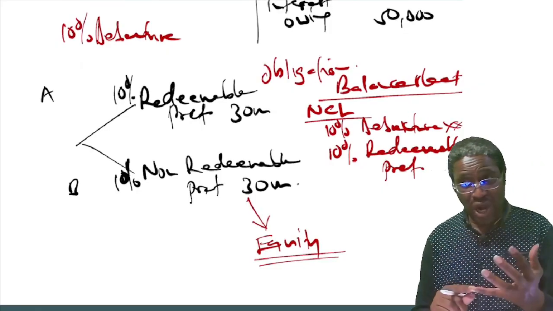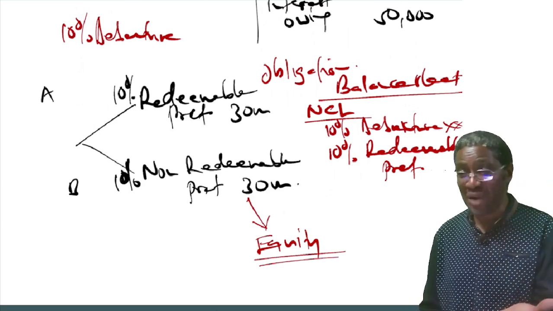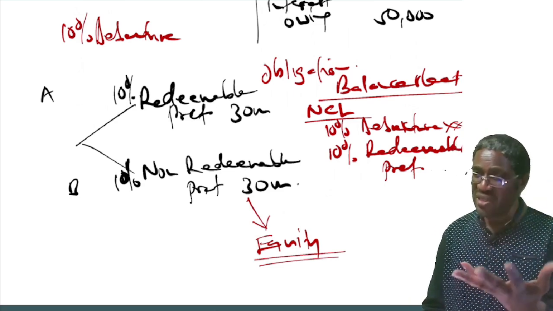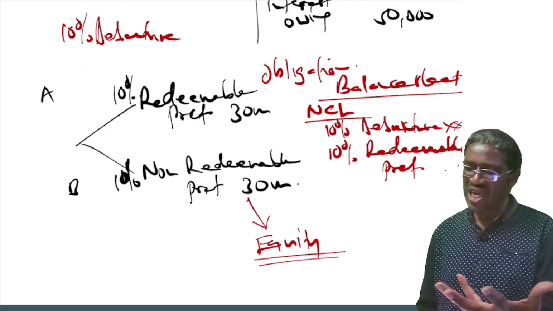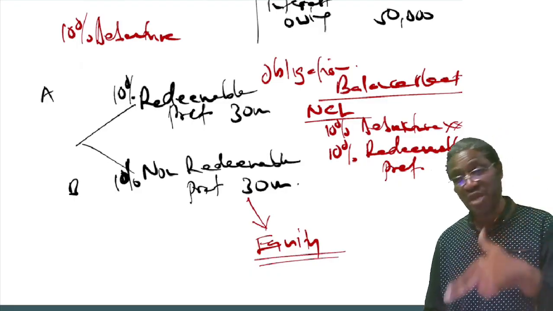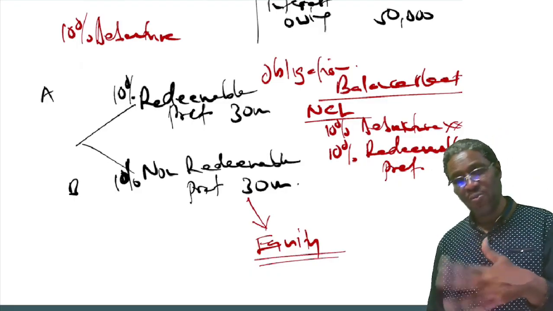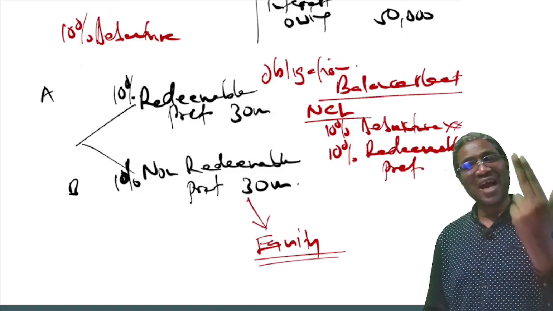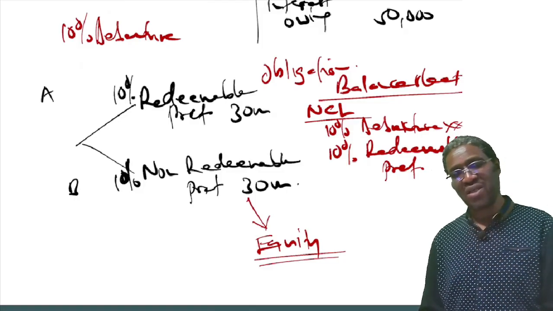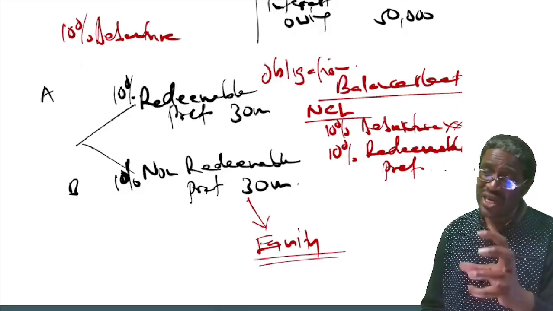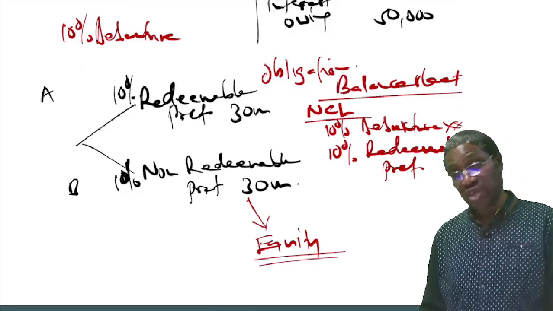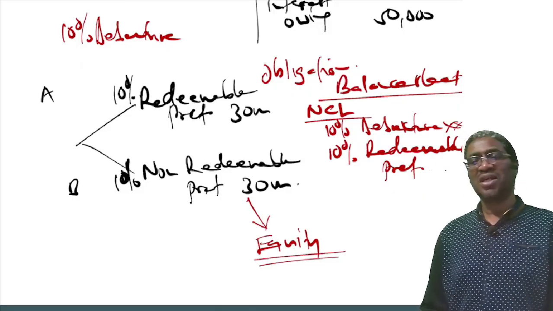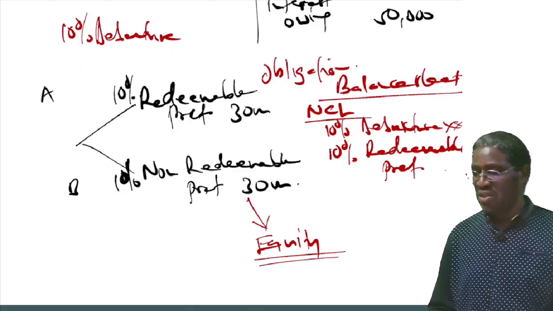The redeemable, I've said, is a long-term liability. Why is it a liability? Because you as company A, you have an obligation to pay back that 30 million. For company B, they have no obligation to pay back the 30 million, so they will treat their preference share as part of equity. Good. That's one key difference. Number two,